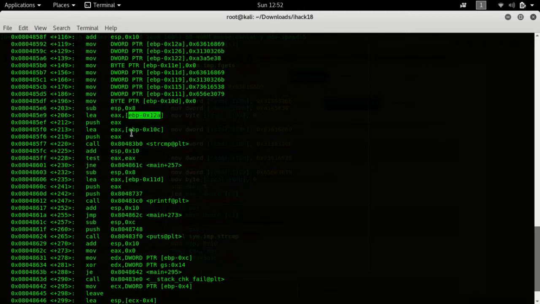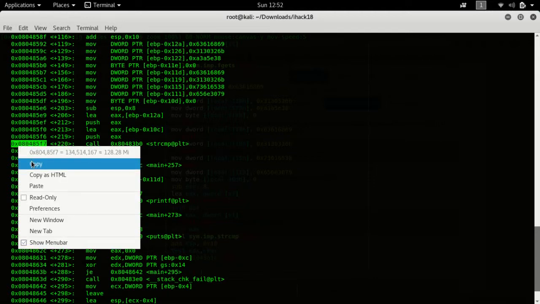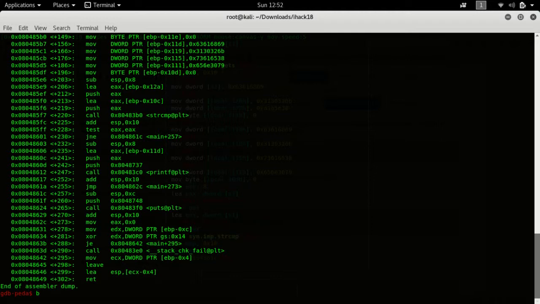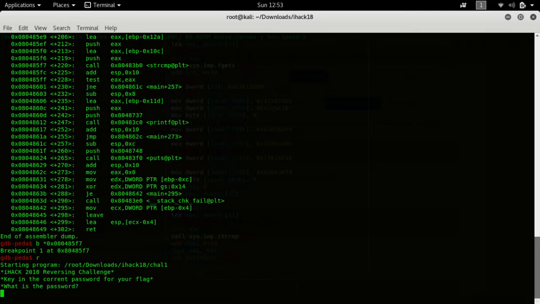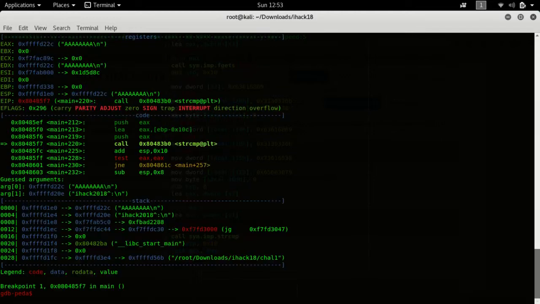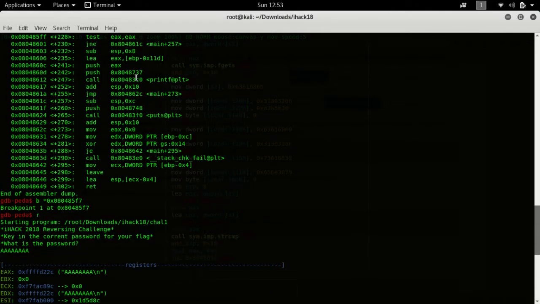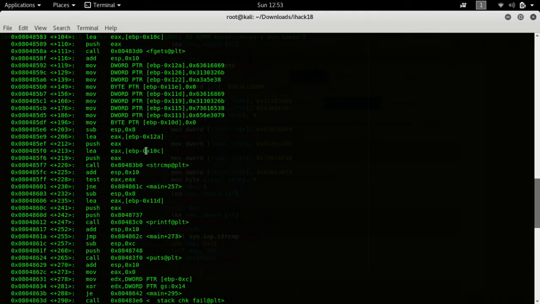Then push that and compare them. Okay, so let's just do that. Break here and run, and then we'll just give some A's. It doesn't matter here, we just try to get the content of both. Okay, now breakpoint, we need to get this